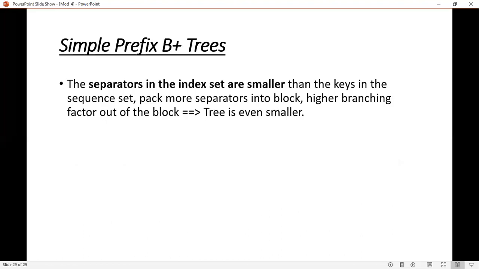Next are the simple prefix B plus trees. Here, in simple prefix B plus trees, what we did is we used separators in the index set instead of the actual keys, isn't it? Why? Because the actual keys will take more storage compared to the separators. We always select the shortest separators for the index set so that you can save space for the index set.